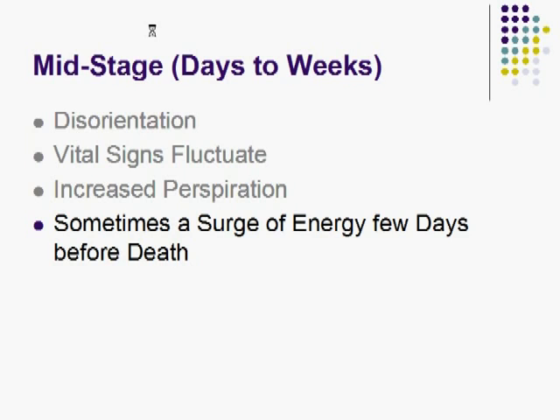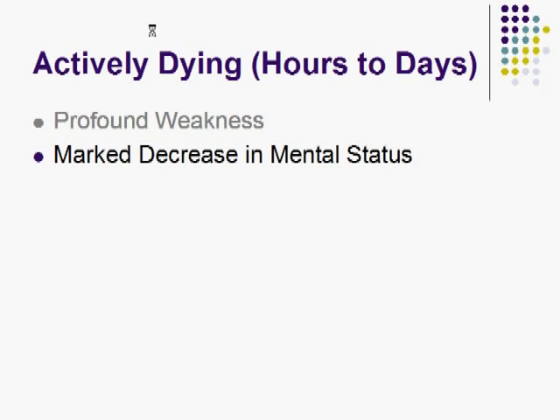Well, the final is the hours to days, and this is a fairly precise term in hospice, which is called actively dying. And we need three things to describe someone who's actively dying. They need to have profound weakness, a profound decrease in mental status, and cool extremities. And when all three of these are present, generally the patient is going to pass away within the next 1